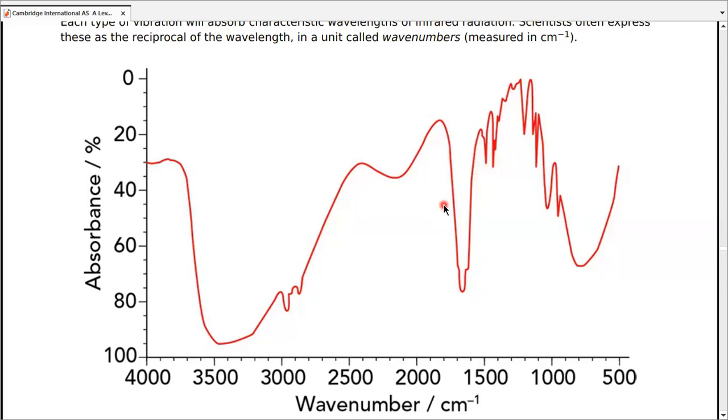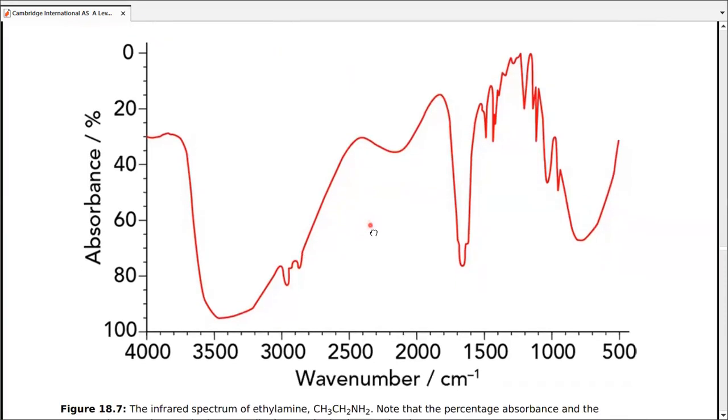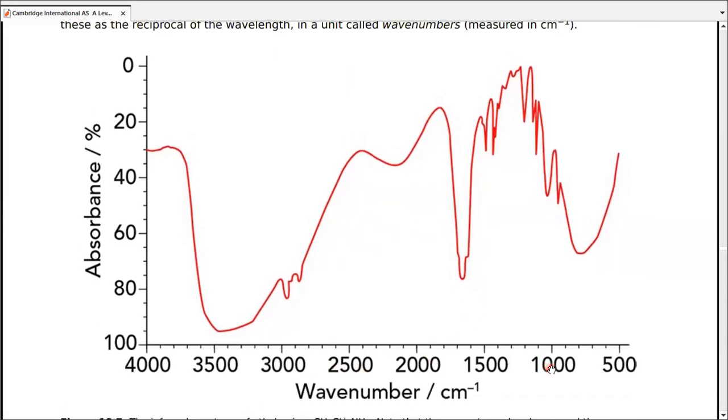So I was talking about the graph and the x and the y-axis that we usually get after the iteration with IR. As you can see on the x-axis, we have the wave numbers in the same set units per centimeter, all the way from 500 to 4,000. And then on the right hand side, for y axis, from top to bottom, we have the absorbance in percentage